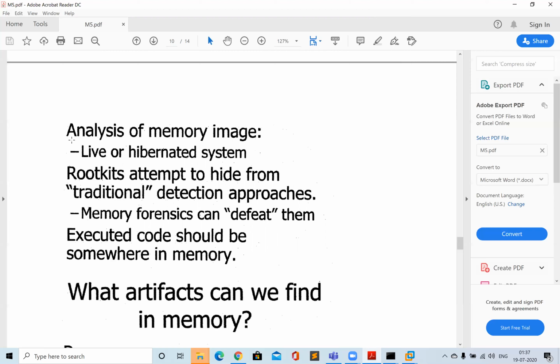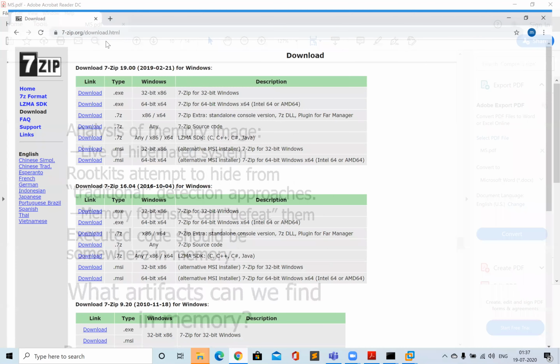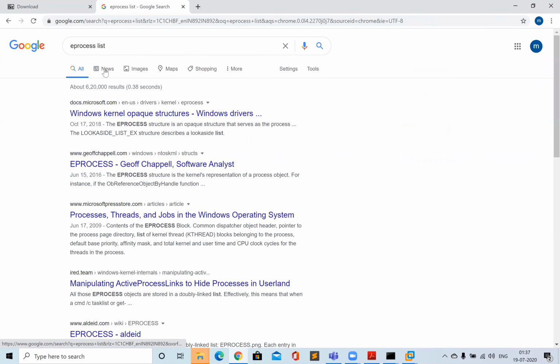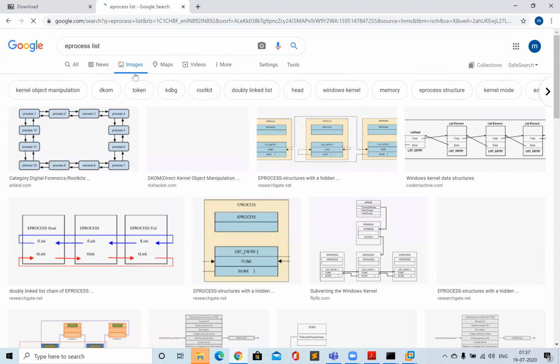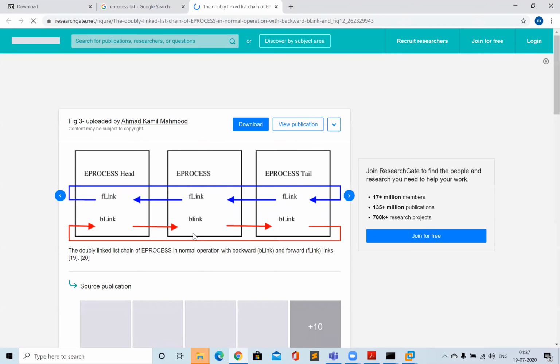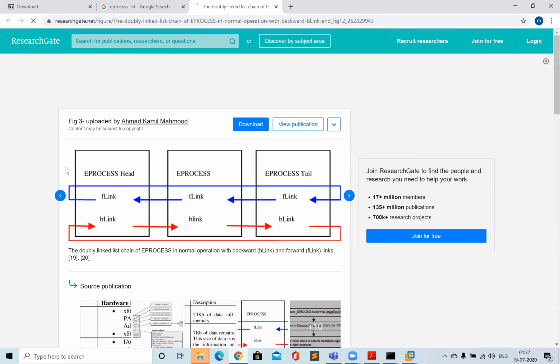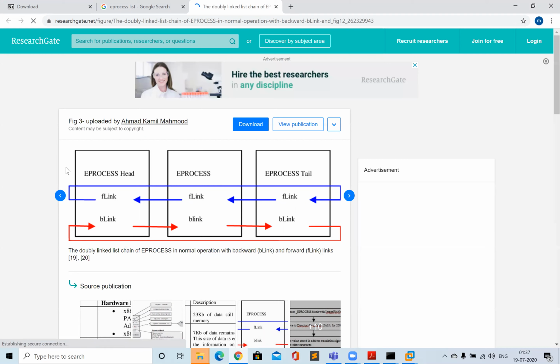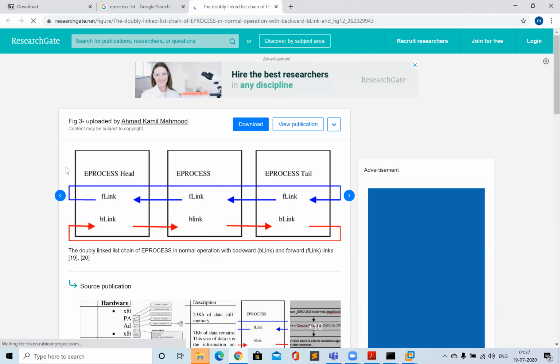So one of the things by which it does that is, let me just share one snap with you. When a lot of processes are running in your system, there is a linked list that gets created by the operating system.